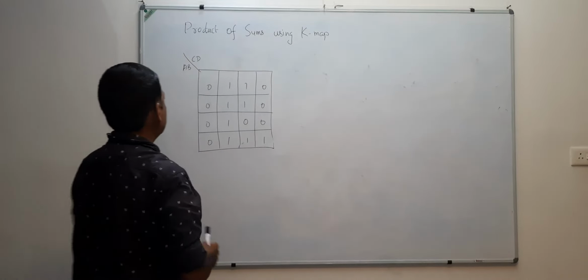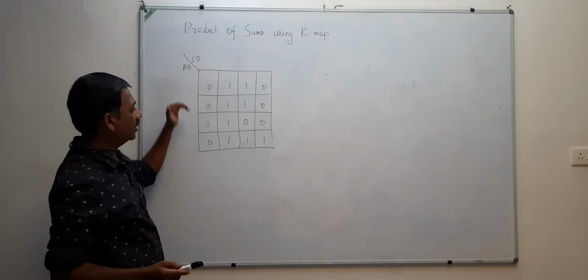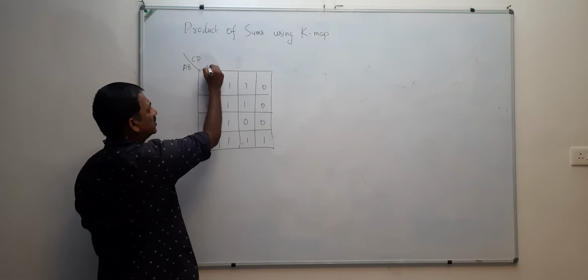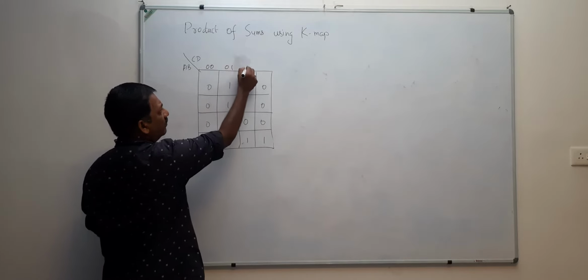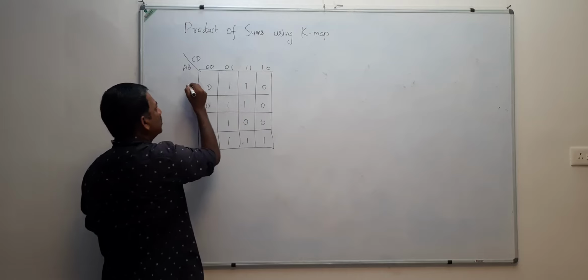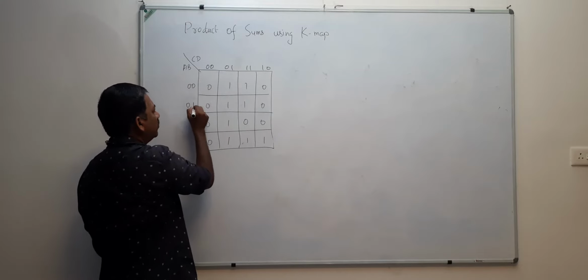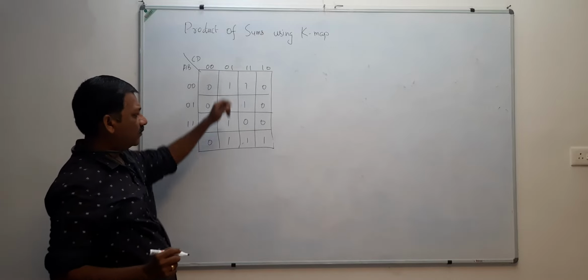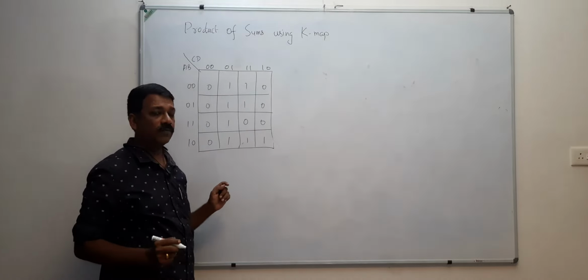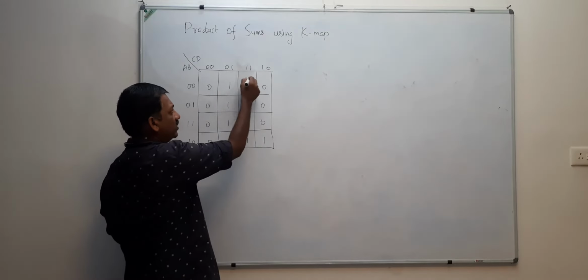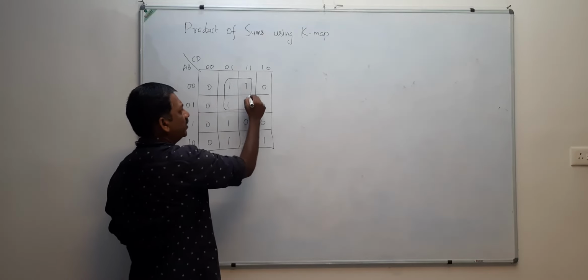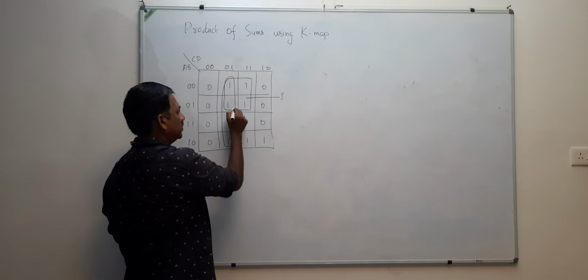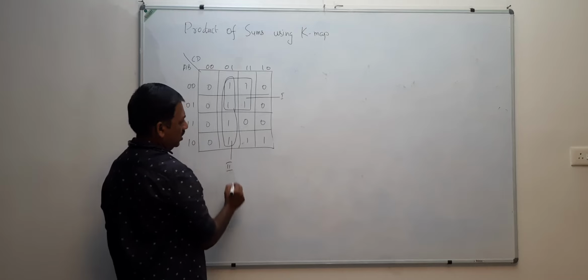Suppose that you have a 4-element Karnaugh map, with the row and column labels 0 0, 0 1, 1 1, 1 0. Now, if you are taking the sum of products form, this is a group. This is group number 1, and this is group number 2,